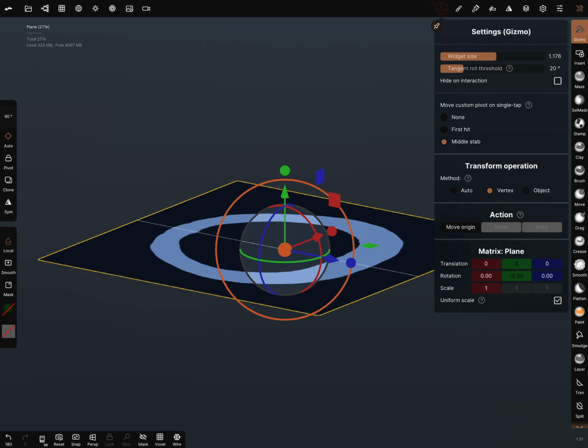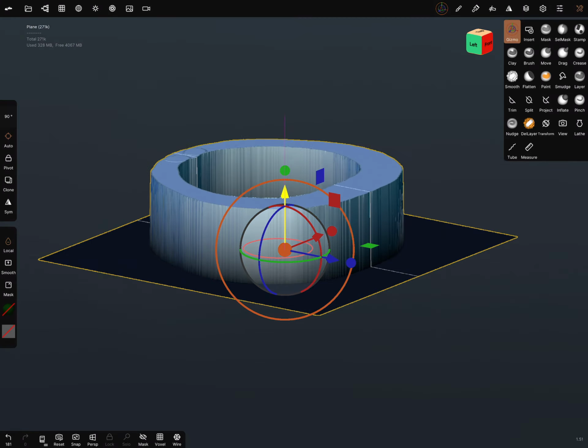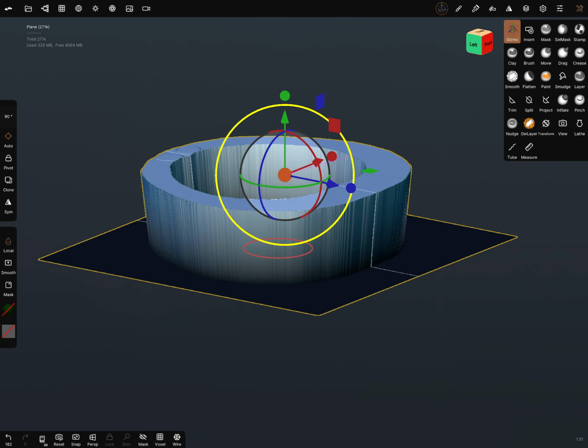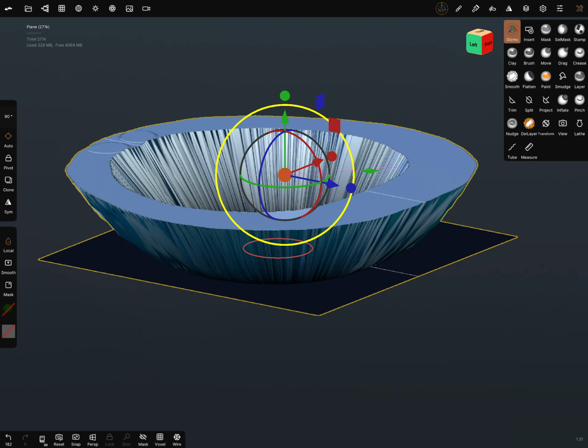And now you can use the gizmo, the arrows, for example, to scale it up. And now you can take the outer ring to scale it in another dimension.